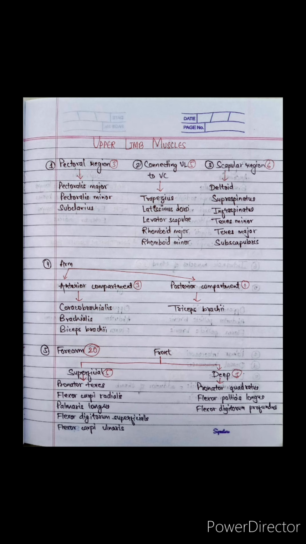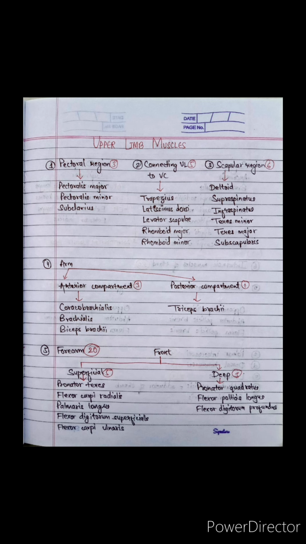Number 5. Forearm. In the forearm there are altogether 20 muscles. First let's see the front of the forearm. The front of the forearm muscles are divided into the superficial as well as deep muscles. In the superficial region there are 5 muscles, and they are pronator teres, flexor carpi radialis, palmaris longus, flexor digitorum superficialis, flexor carpi ulnaris. And in the deep region there are 3 muscles, and they are pronator quadratus, flexor pollicis